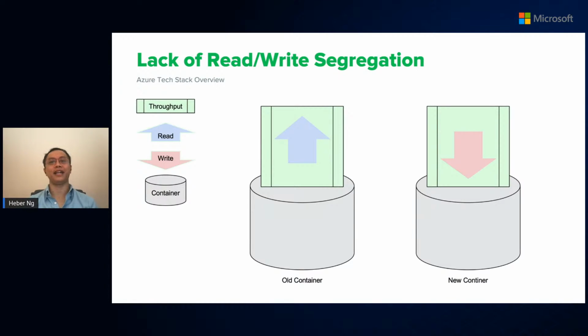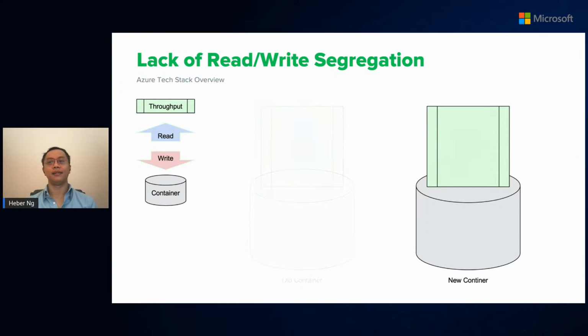To resolve this issue, we implemented a rotating container strategy. Each day, the updated data is loaded into a new container, while the existing container continues to serve read requests. Once the data loading is complete, we switch the API to read from the new container. The old container is then deleted. This rotating container strategy ensures that data retrieval will not be disrupted by the high traffic of data loading.